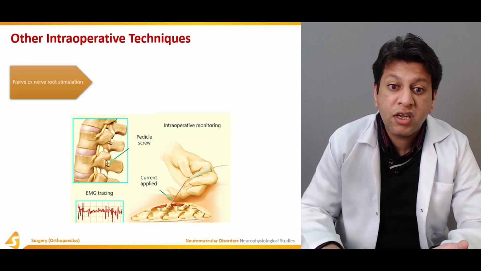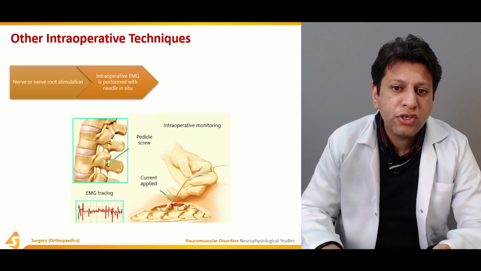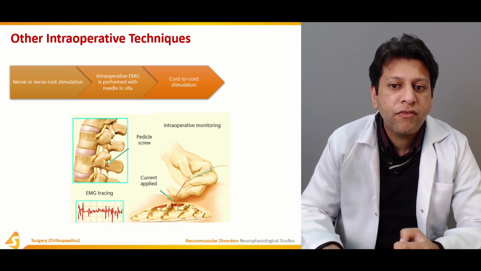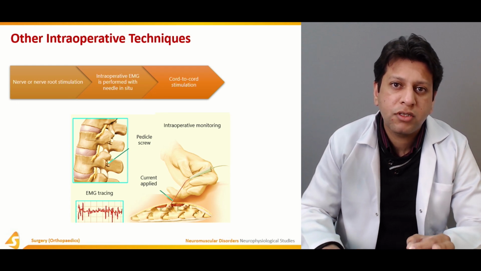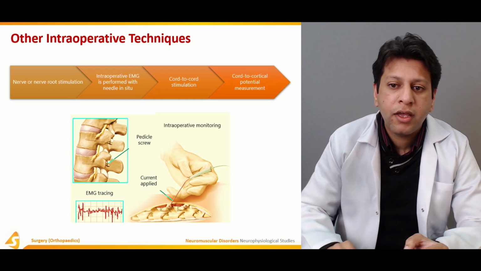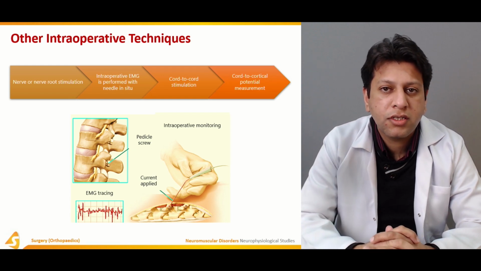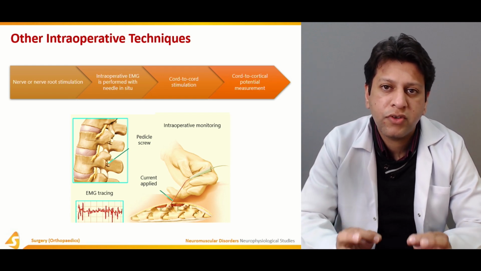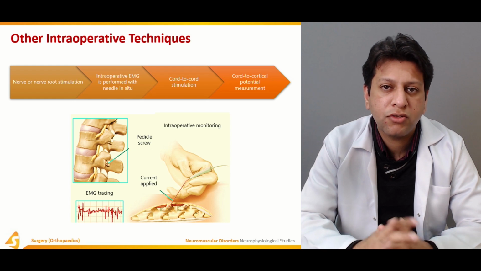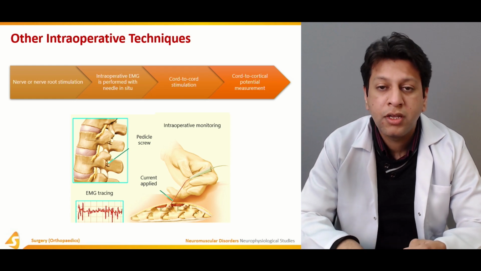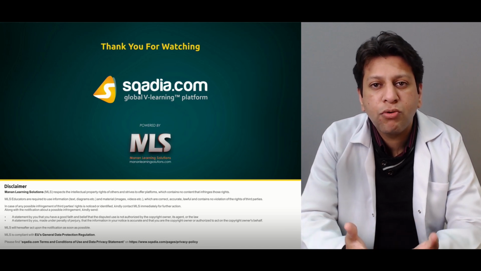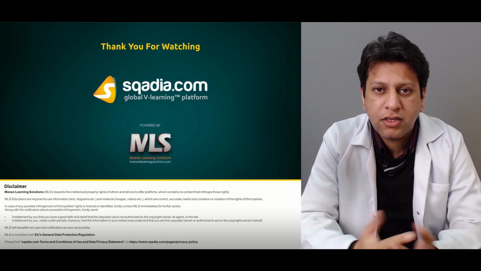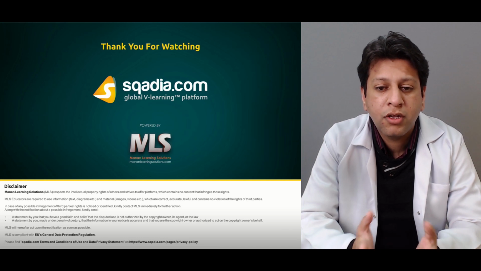So nerve or nerve root stimulation is done. Intraoperative EMG is performed with the needle in situ. If there is something wrong, then probably the curve is stretched back so that there's minimum stretch on the nerve, and cortical potential is made to assess whether the fixation is correct as well as not associated with any neurological injury. In this section, we have discussed the role of the electromyographic study, the EMG, and we know that